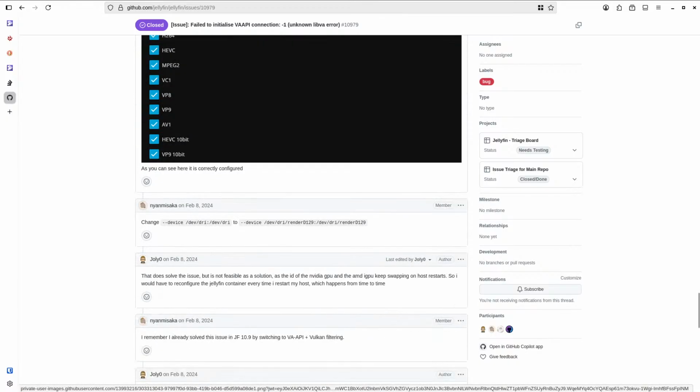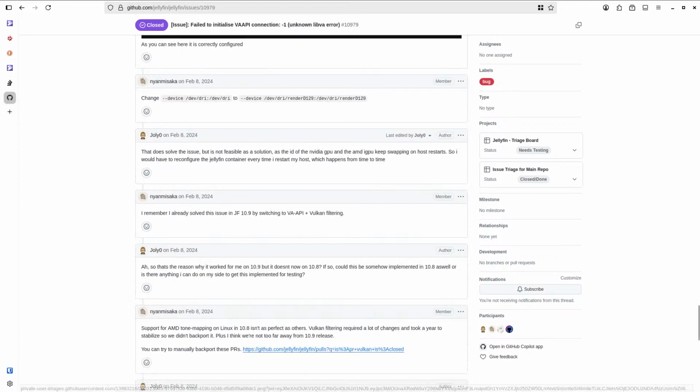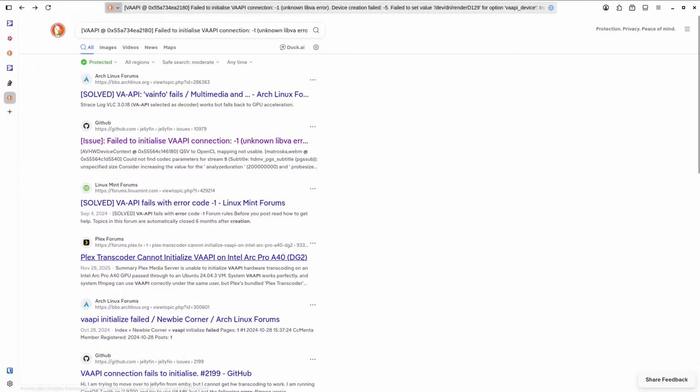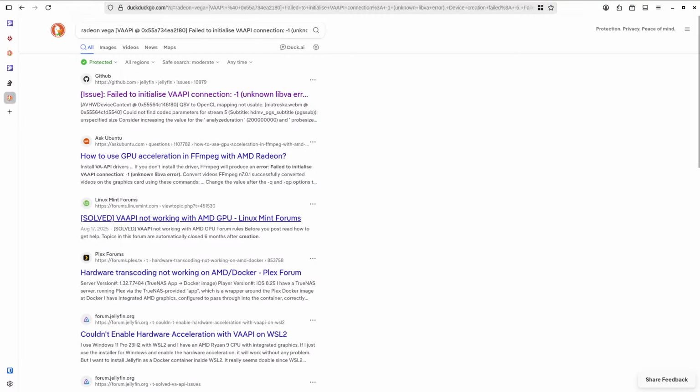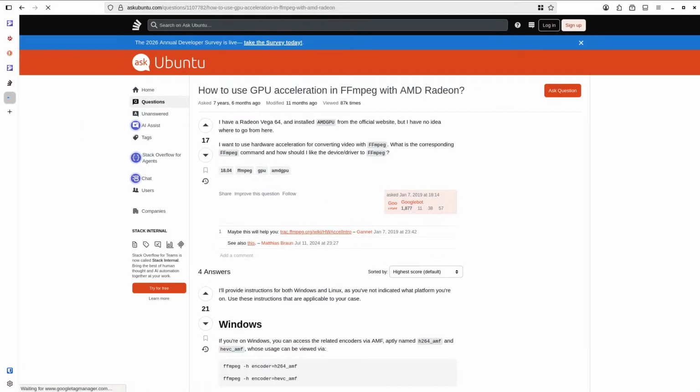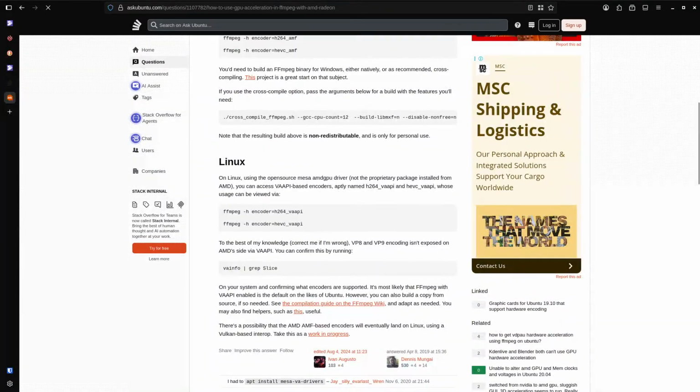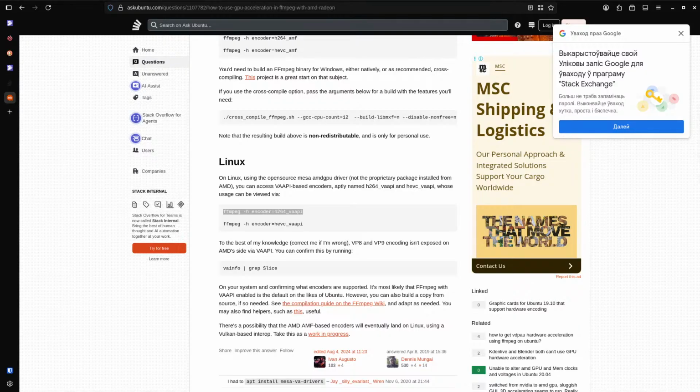Still doesn't work. So that's already on Vega. How to use GPU acceleration with AMD Radeon. Windows, Linux encoder with this.